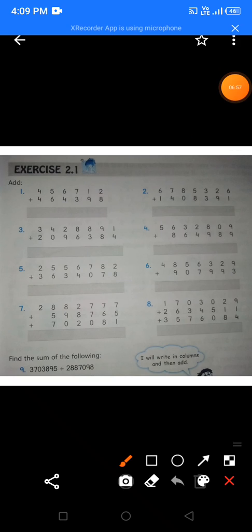You will leave one line and then you will again write 2 plus 8 is nothing but 10. So you will write here 0 and you will carry 1. 1 plus 9. 1 plus 1 is 2. 2 plus 9 is 11. So here 1 and again 1 carry. Wait. Everyone will put the place value here. Okay. यहाँ ऊपर आप सारा place value लिखेंगे and then you will leave one line. And then you will start adding. Okay.